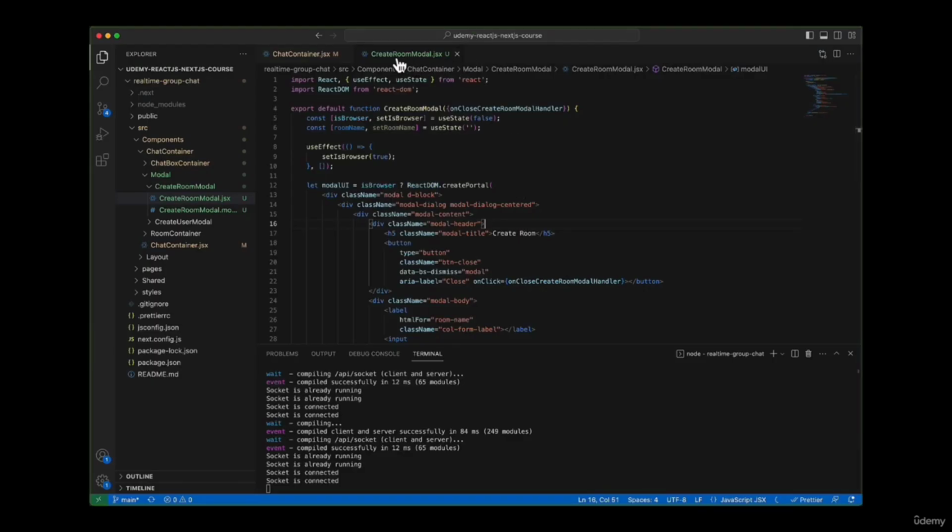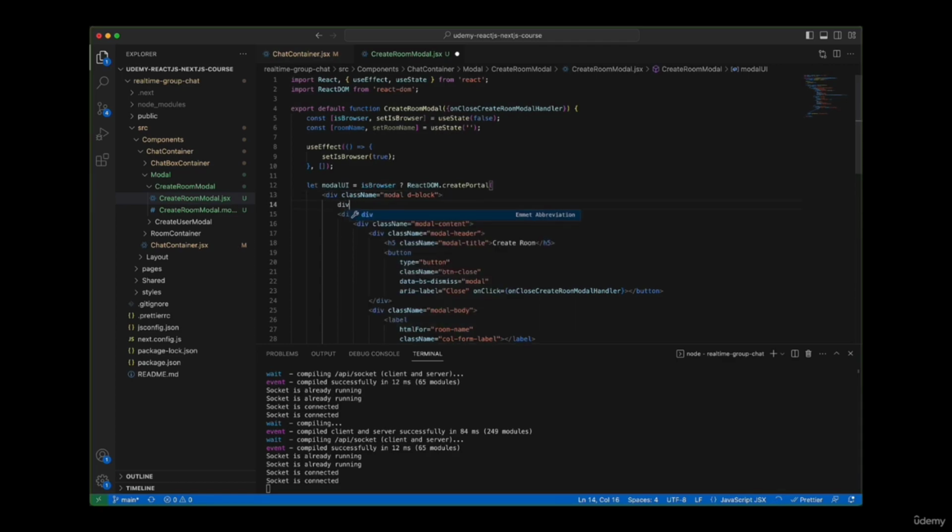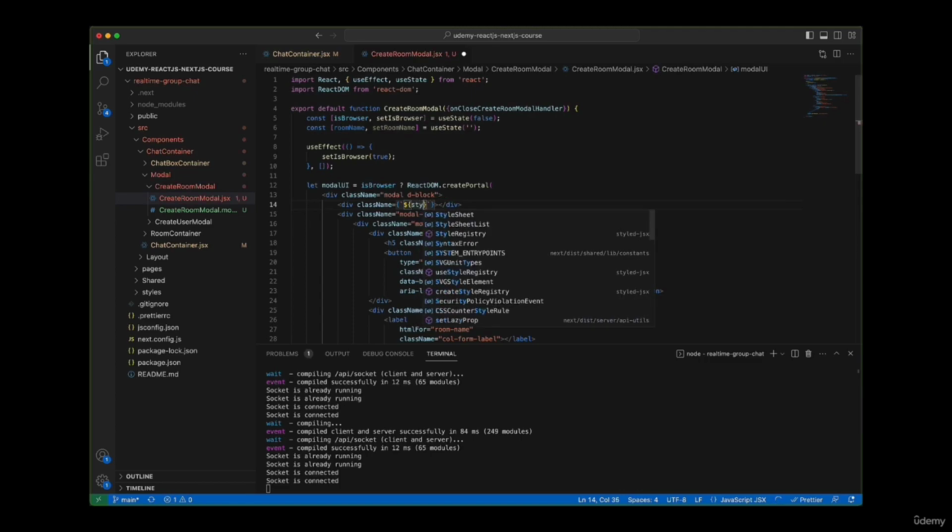So to add a backdrop, go to our create room model.jsx file, and over here just under the model and where we have display block, create another div, and this div will have a class name, but we'll be passing our styles over here from the CSS file that we have created. So let's use the dynamic CSS over here and use $ curly braces styles dot. We will name our class as backdrop,